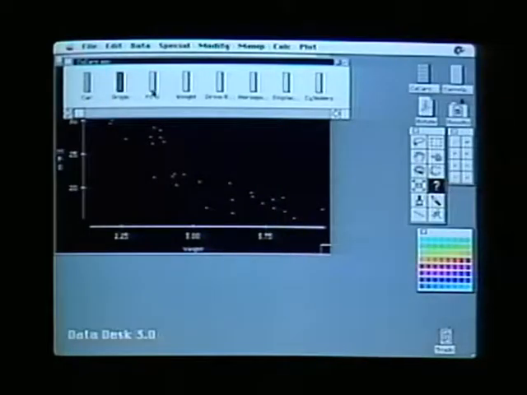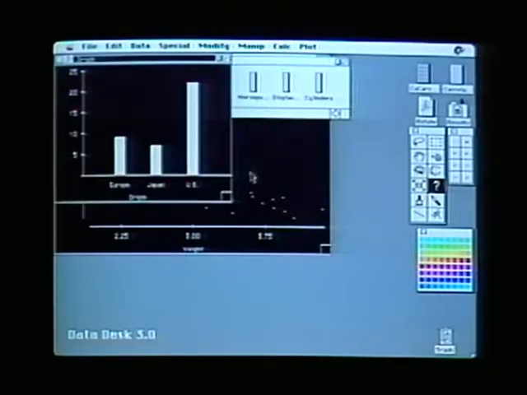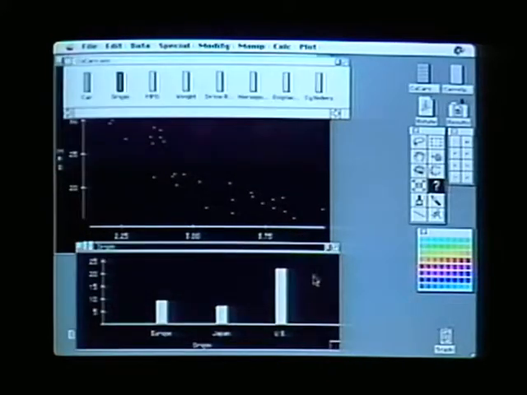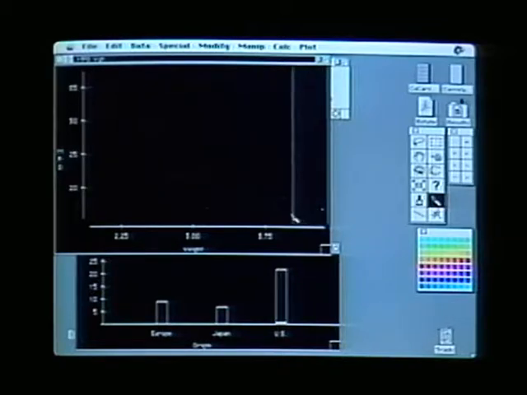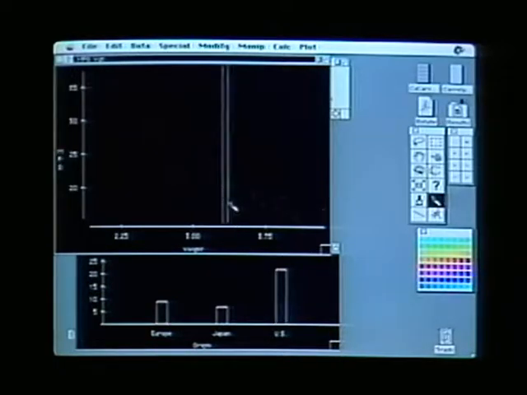We have, for example, the variable that is country of origin, and those are words, so we would make a bar chart. And we've coded those according to whether the car is manufactured in Europe, Japan, or the United States. What's really powerful is to be able to look at these two plots together. So we could, for example, take the knife tool and slice across the scatter plot, selecting cases as we go, and you can see the bar chart filling up as well. So that here we have the cars that get the worst gas mileage, and pretty much as you might expect, most of them come from the United States.